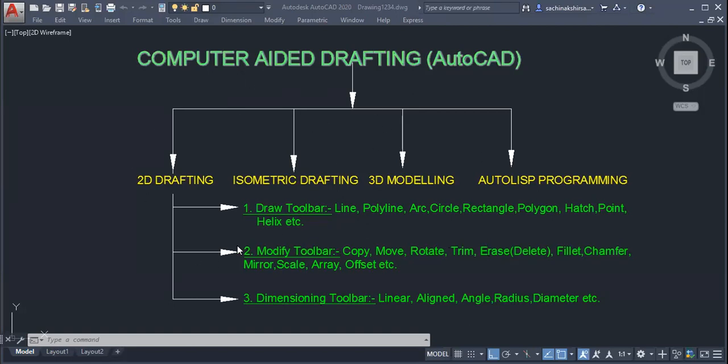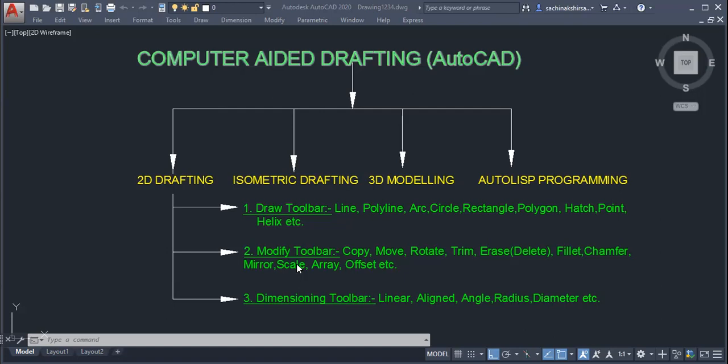So out of this 2D drafting, whenever we want to draw any 2D drawing, which three things are important? For those who have attended the last lecture carefully: what is a toolbar? Two things are there in AutoCAD. One is command, another one is toolbar. What is command? Command means order, or in other words, input. Whatever input we are giving to the software, it is a command.